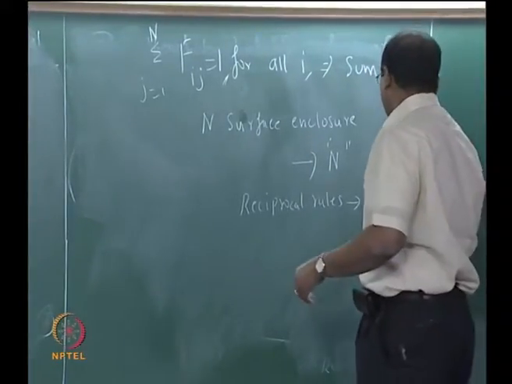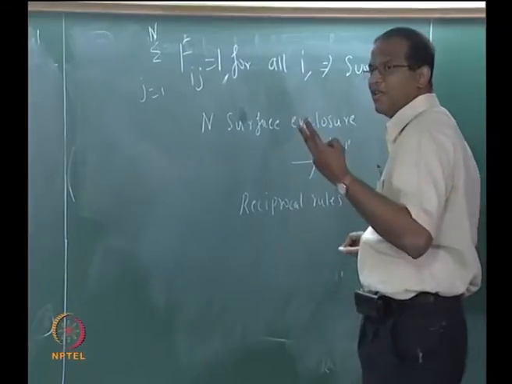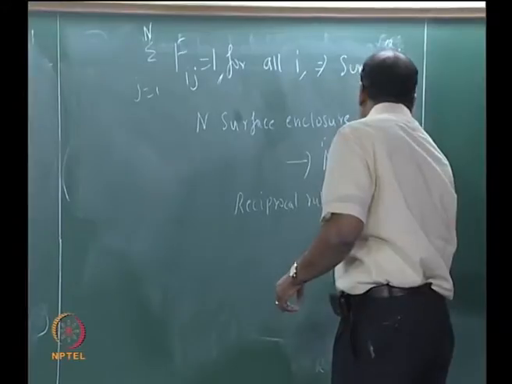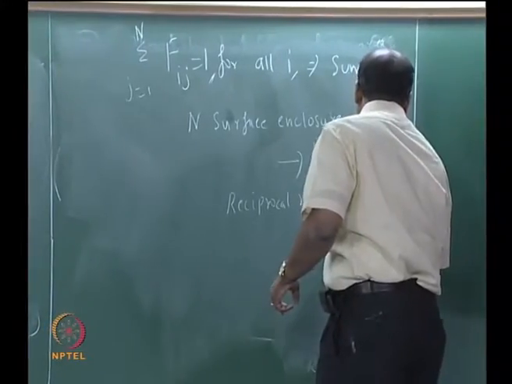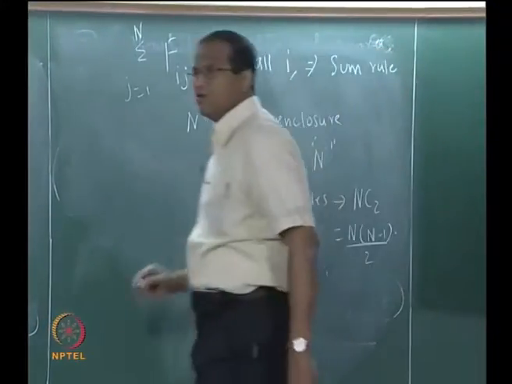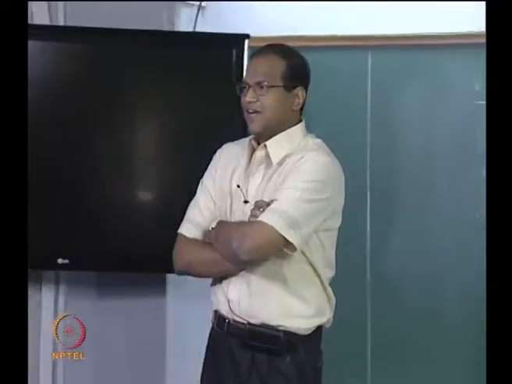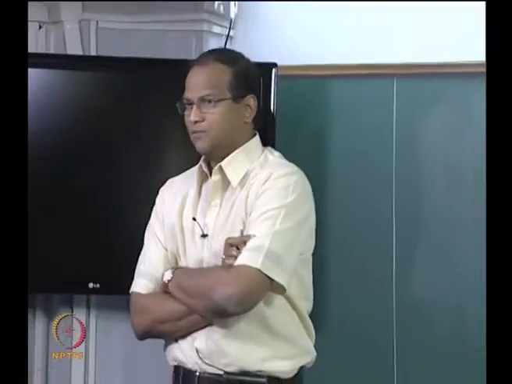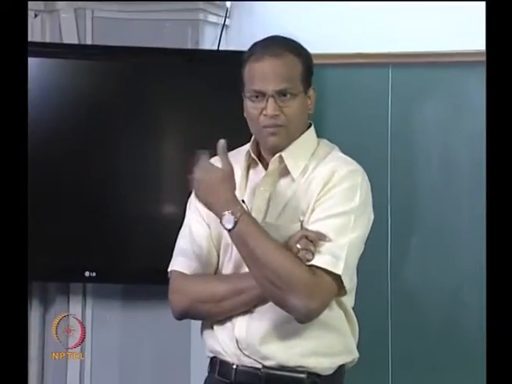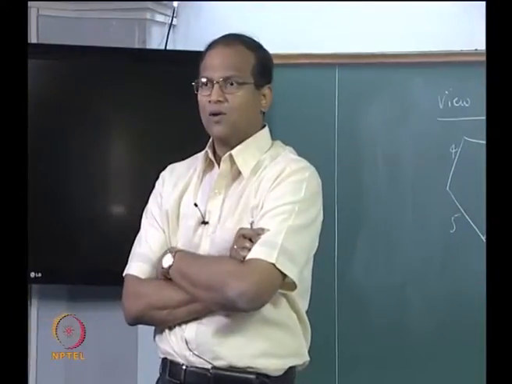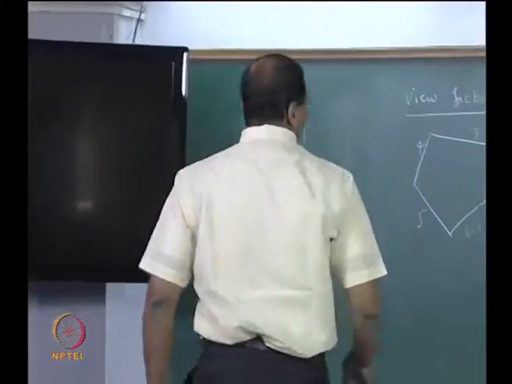You take NC2, combinations, taking 2 surfaces at a time: n into n minus 1 by 2, right? So how many independent view factors have to be evaluated? N square minus n into n minus 1 by 2, correct? Because you can exploit the summation rule as well as the reciprocal rules. Therefore, the number of independent view factors to be determined